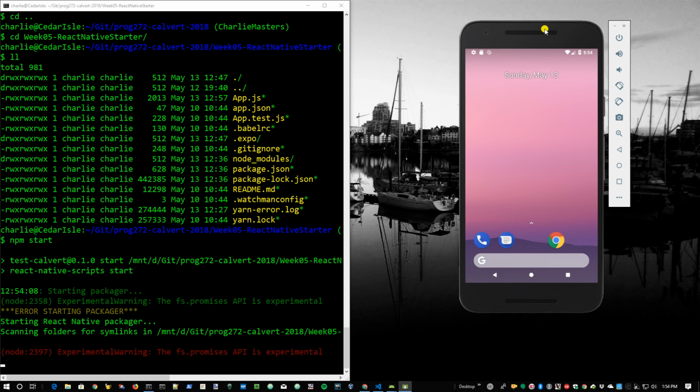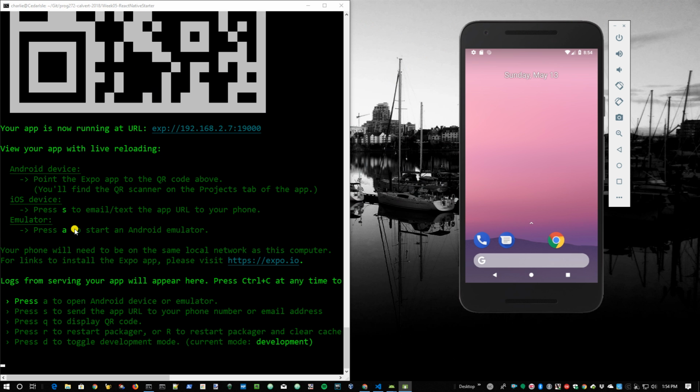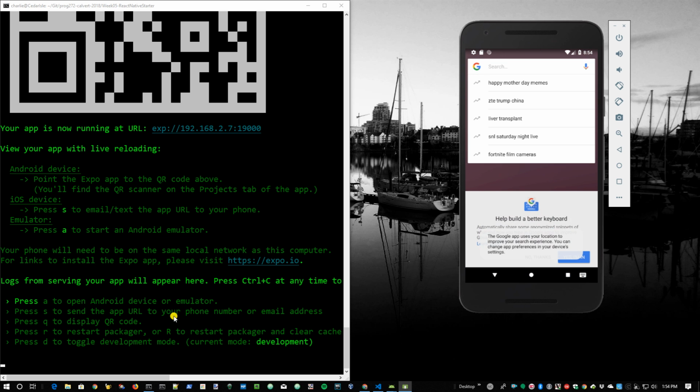So we've got the emulator over here, and down here we're running the project itself. All I did was type npm start. Then we can choose this, press A to open Android device or emulator. So I press A